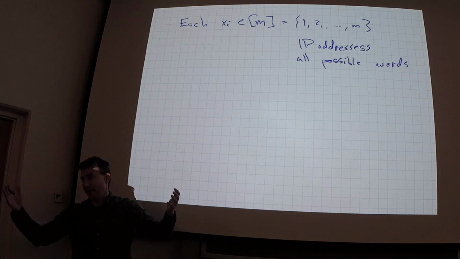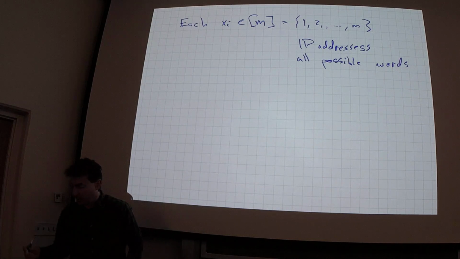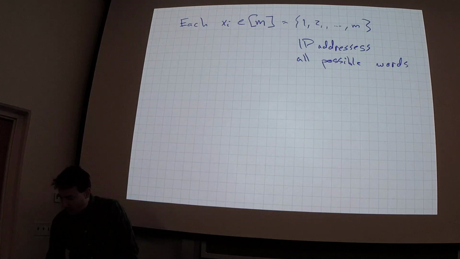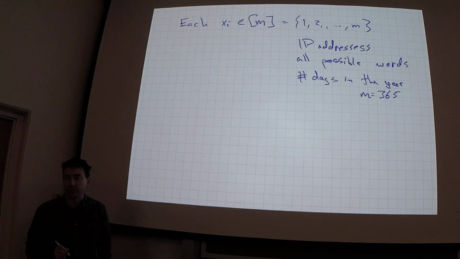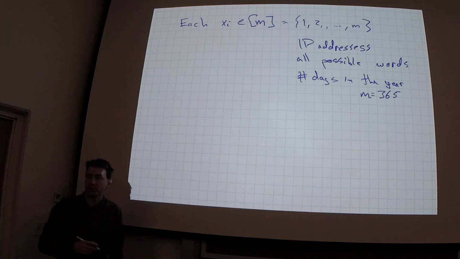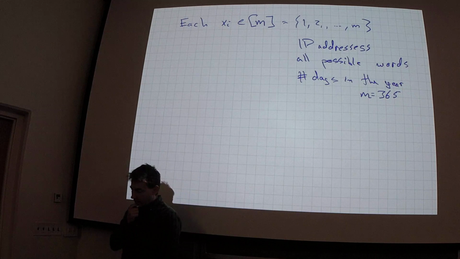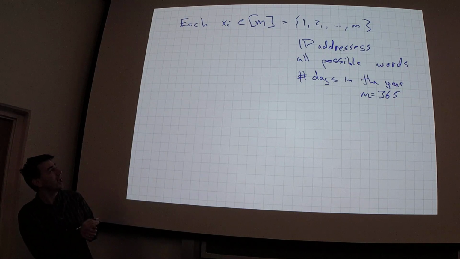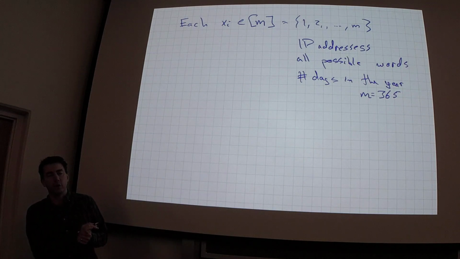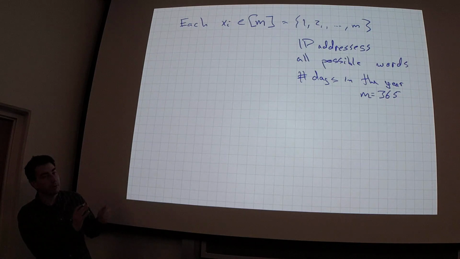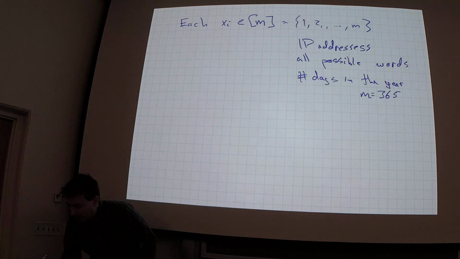But it's some big number m. Okay, I don't know how big it is, but it's some number m. Or it could be something simple like the number of days in the year. Okay, and in this case, m would be 365, or 366 in 2020, right? Because it's a leap year. Okay, so it could be these things. So this is going to be the domain,